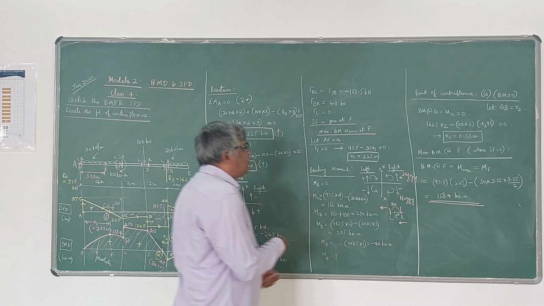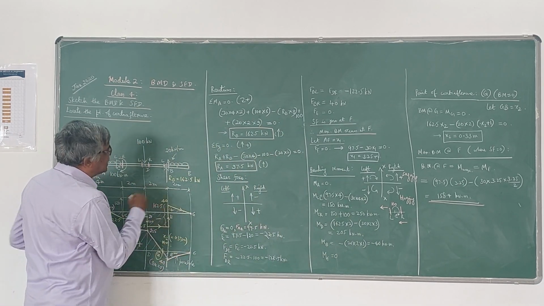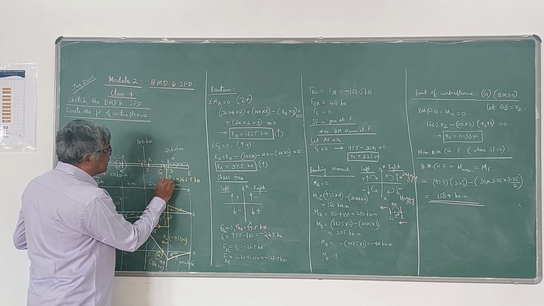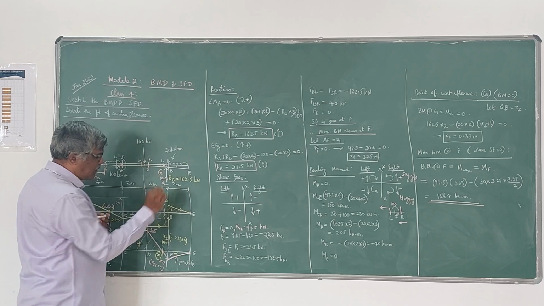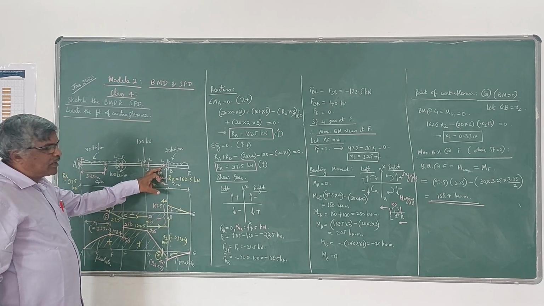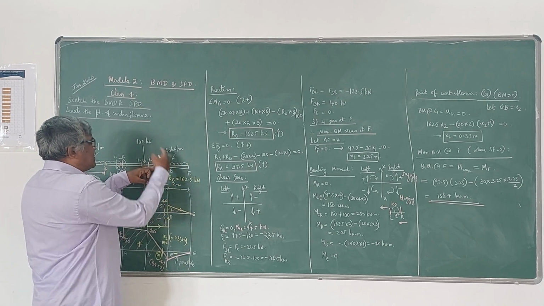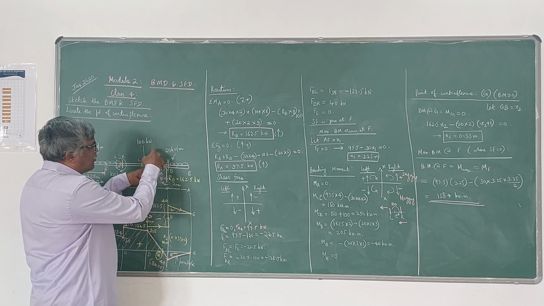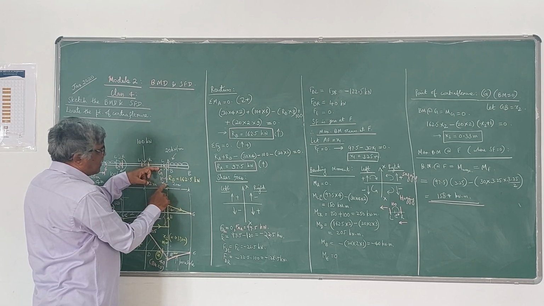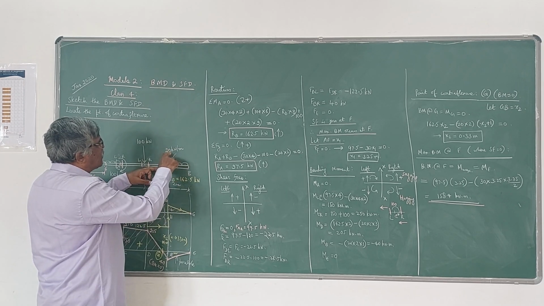So if you write the bending moment expression at G by seeing to the right side, G is now here. This is the point G and this is your x2. So x2 we have to find out now by equating the bending moment at G as 0. If you see to the right side, what is the bending moment expression? This 162.5 is acting upwards, therefore positive bending moment, 162.5 into x2. That is the expression. And this is acting downwards, so therefore bending moment is negative.